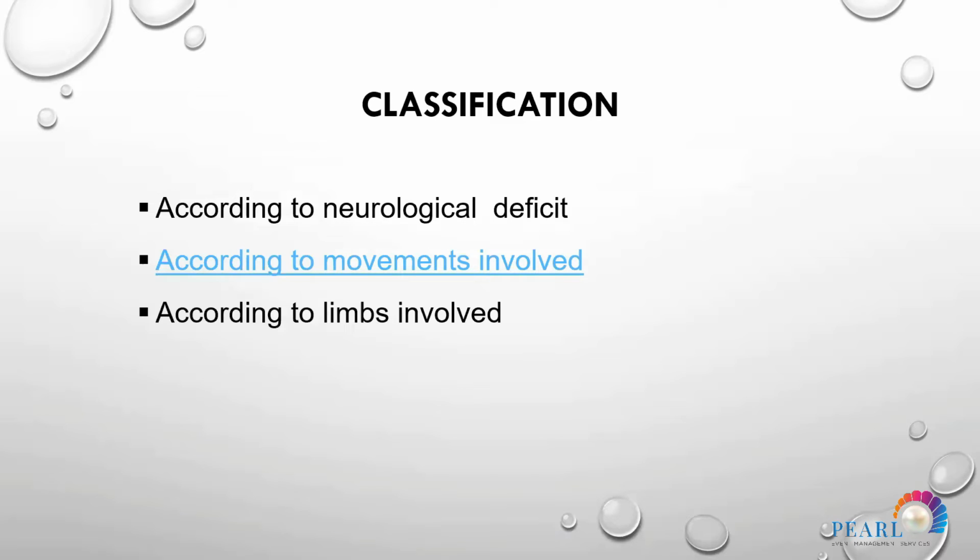There are many ways to classify cerebral palsy. We can classify it according to the neurological deficit, like pyramidal when the motor cortex is involved, or extrapyramidal when the basal ganglia or cerebellum is involved. Or we can classify it according to the movement involved,